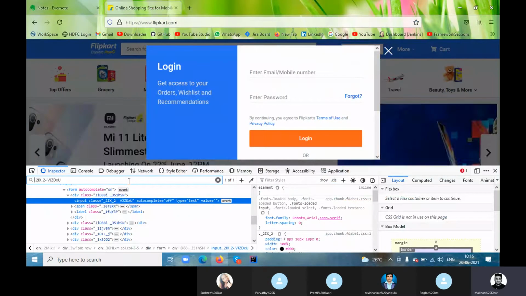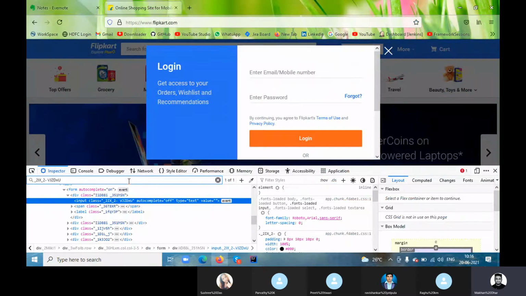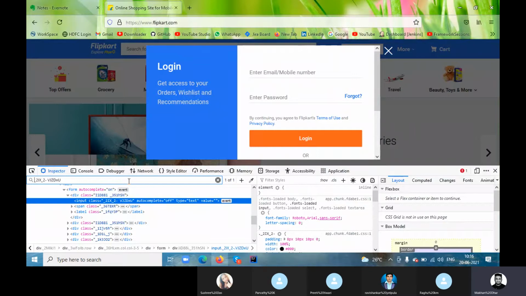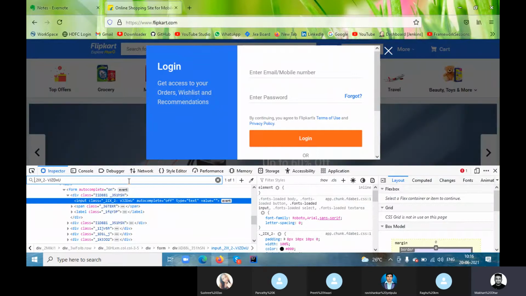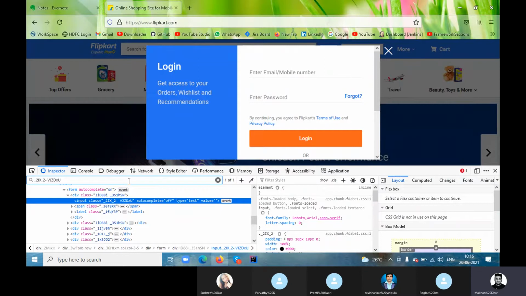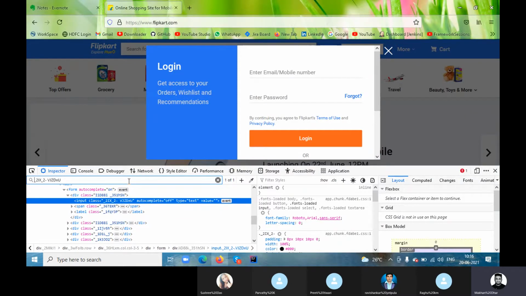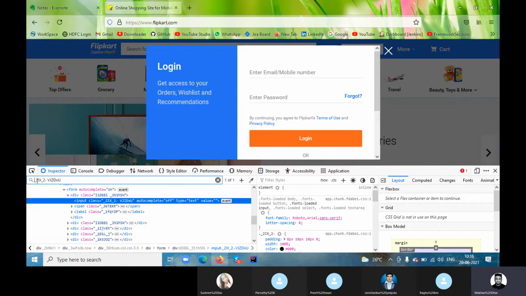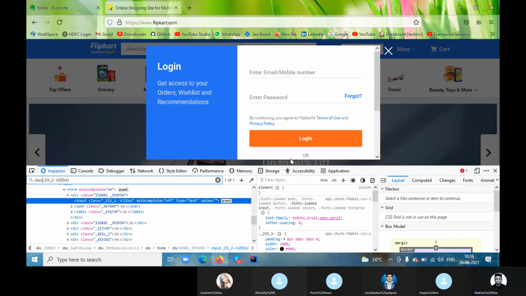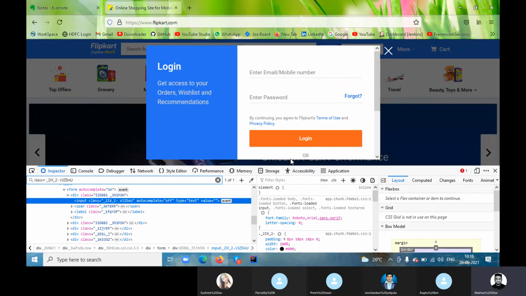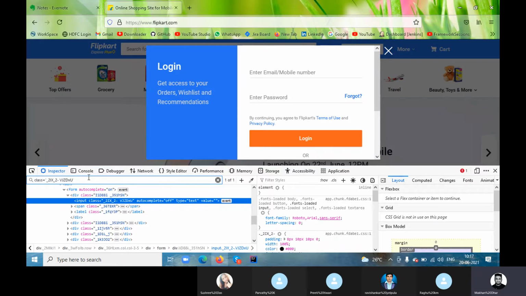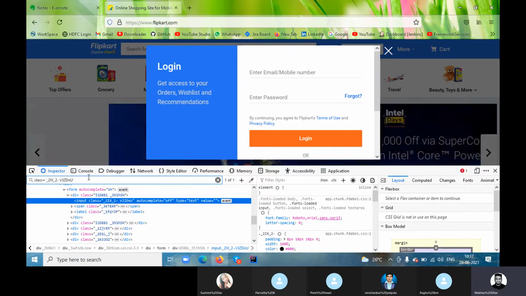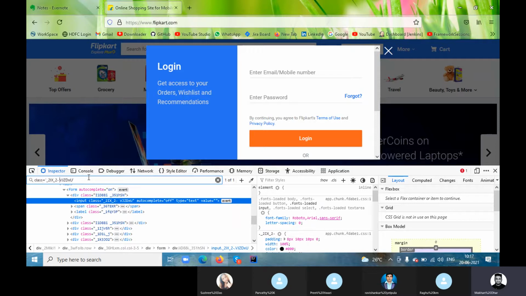Let me show you a different way to find the elements. I can create an XPath. We have seen by class, by name, by ID, everything. Today we'll also repeat how to create an XPath. For the XPath, it's a class, so I typed it. Now this is the class value. Equal to, the value should be within single quote. Whatever value I found goes in the single quote.